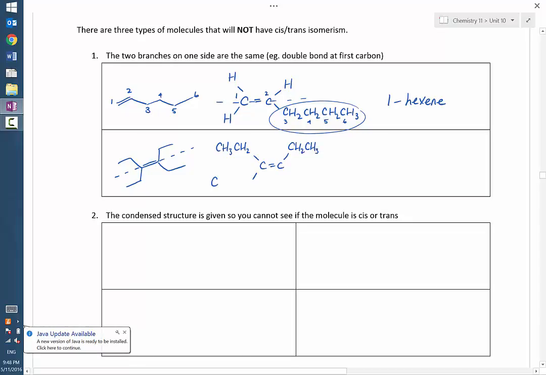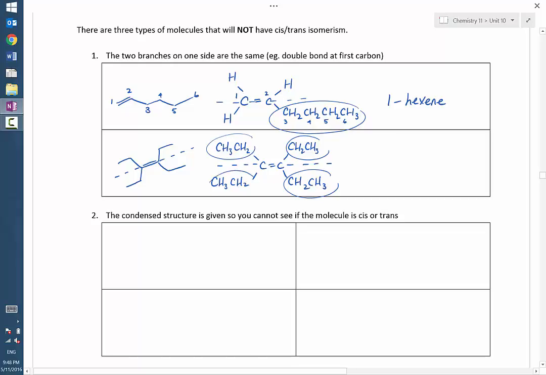Like so. Hopefully you can convince yourself that this is indeed the corresponding condensed structure. And we see that if we were to look across that double bond, our branches are of equal value all around, so there's no way to choose 2 of them to compare whether they're on opposite sides or on the same side. This structure here would be called